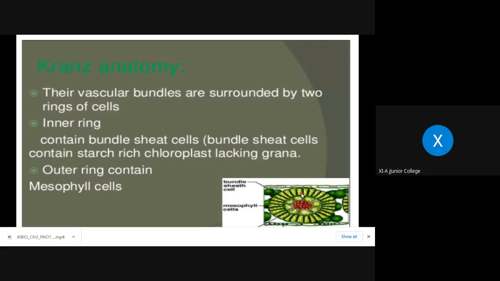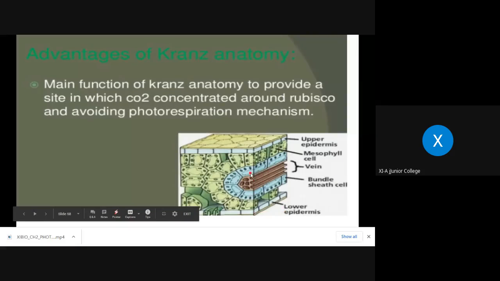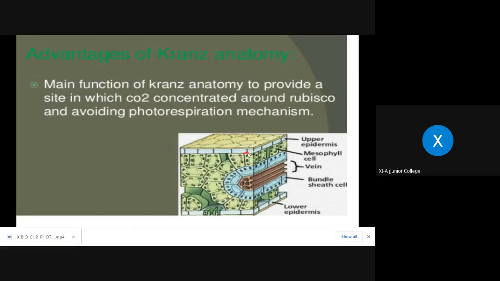And this is the internal structure in 3D, where you can see these are the veins, or you can say the vascular bundle in the form of xylem and phloem. These are the bundle sheath cells which are covered by the mesophyll cells. This is the internal structure of a leaf, three-dimensional view, where this is the upper epidermis, this is the lower epidermis, and whatever pores you can see are stomatal openings, or the stomata. Okay, so through stomata, gaseous exchange takes place, where for the process of photosynthesis, what is required we can consider here as CO2. So first, when CO2 enters, what happens? I will show in the next diagram.